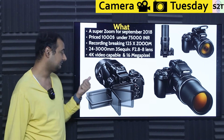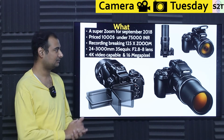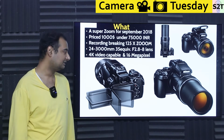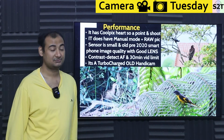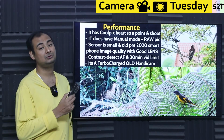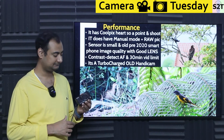It is 4K capable. For that time it was mind-boggling. 16 megapixel. So this is what we are talking about: point and shoot, basically turbocharged Coolpix. Now what about performance? Well, performance, you have to understand, it was a Coolpix that was scaled up rather than a DSLR scaled down. So it was literally,